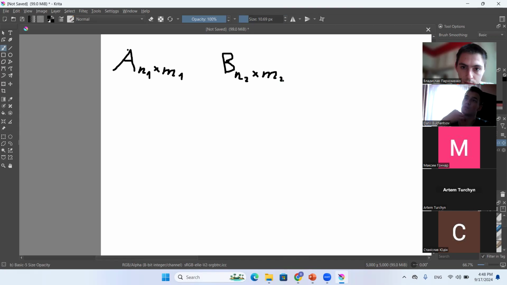And we can multiply them only if M1 is equal to N2. So if the left matrix's columns number equals the right matrix's rows number,